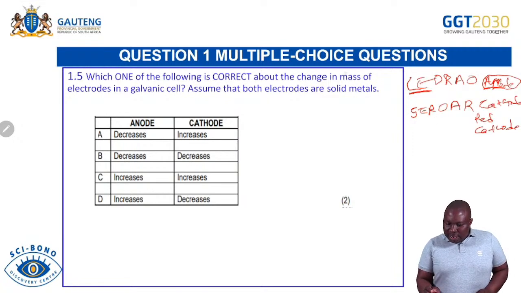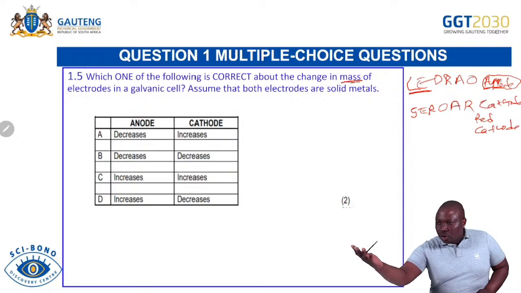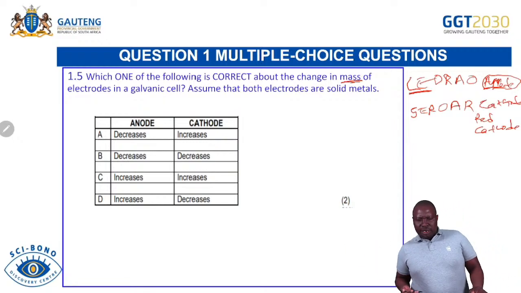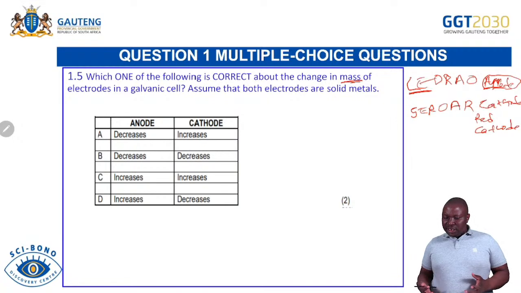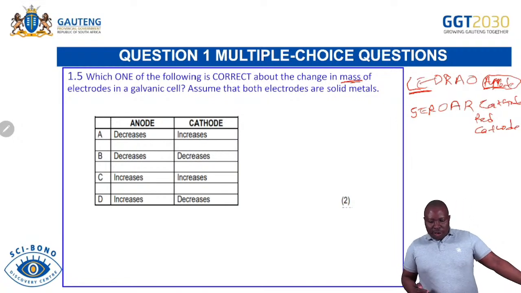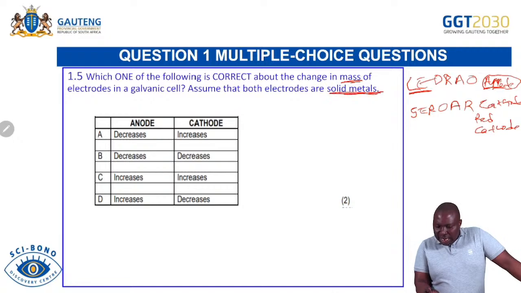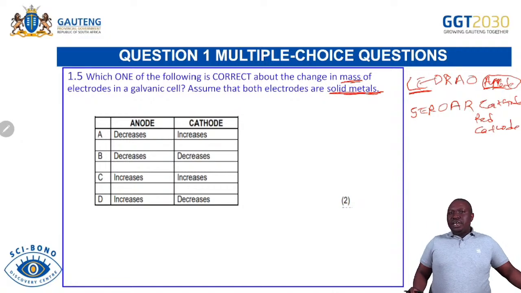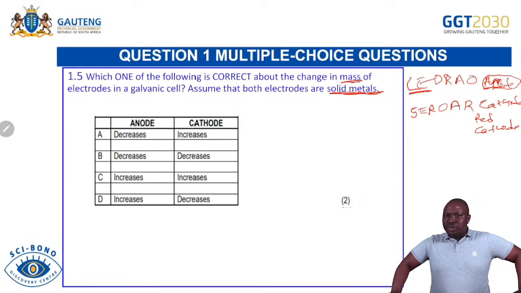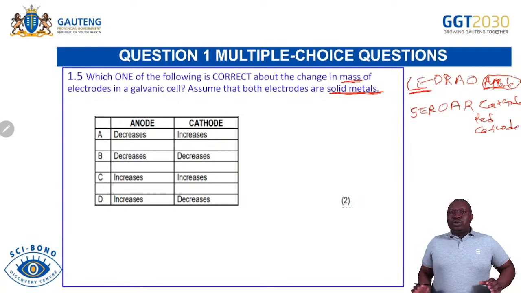So we have to look at the mass to say, if you are losing electrons, is your mass going to remain the same? Definitely no. That substance must decrease. The anode must decrease in mass. So you will definitely know that for the anode, remember this applies to solid metals. Please remember that, because in cases where you don't have a solid losing electrons, like in case of chlorine or hydrogen, you'll definitely know that we are going to use something else. Then the electrode itself won't decrease in mass.